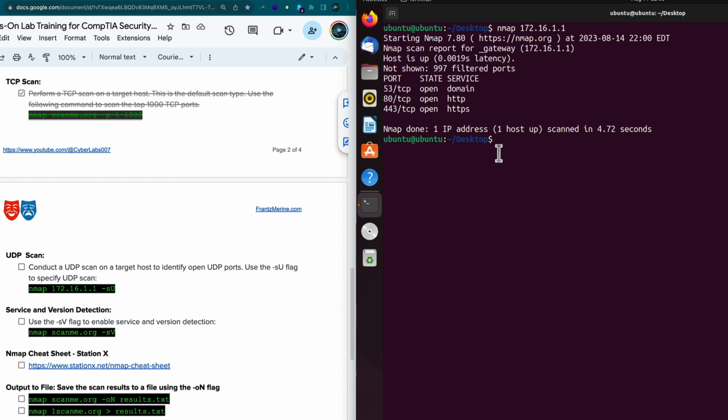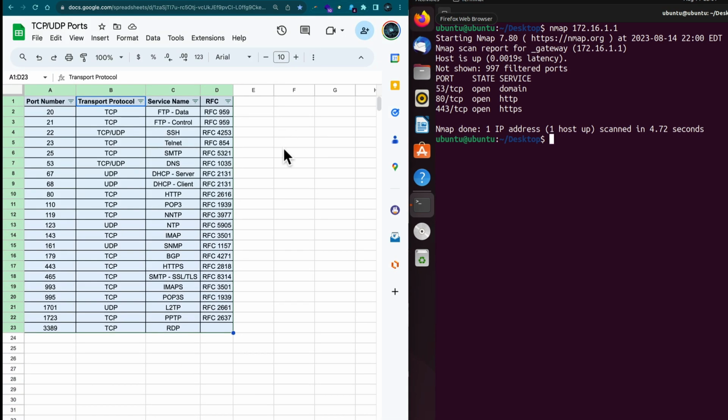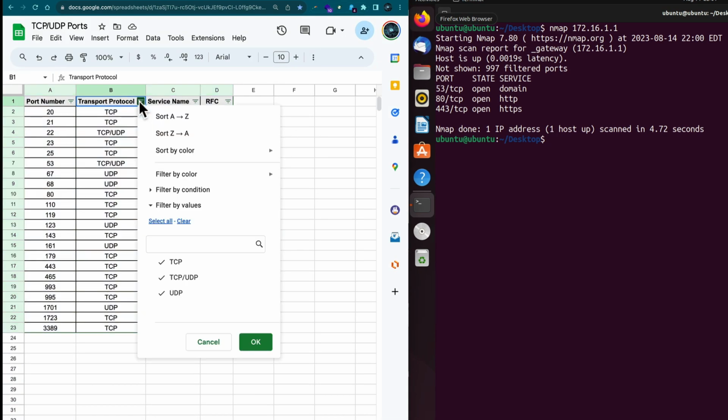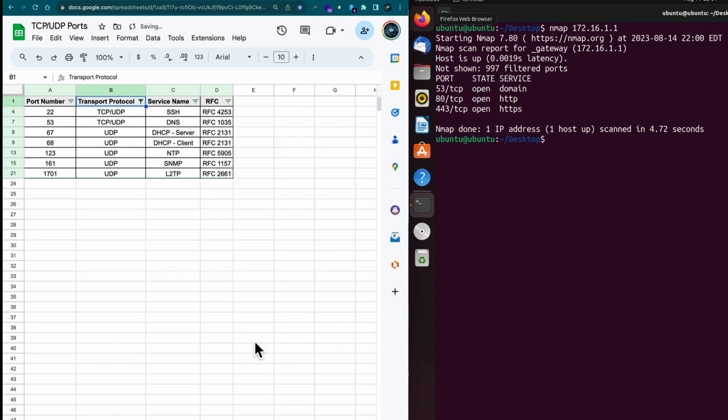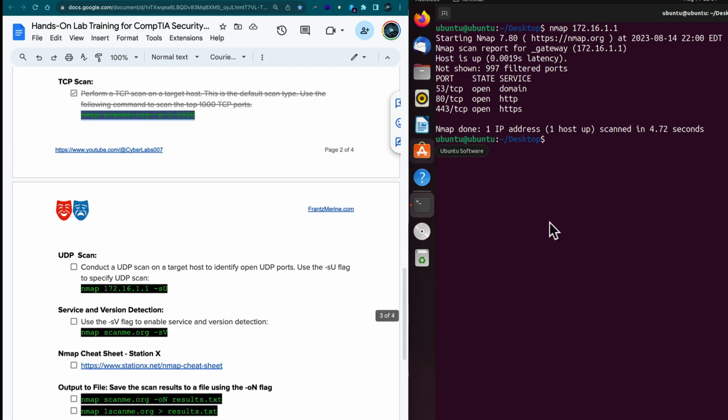What I want to show you here is that there are other services, like UDP services, that are running on this router. We know this for a fact because we set this up in a previous video, and I'm going to filter some of the TCP and UDP ports. So I'm going to clear all of this. Let's do TCP and UDP and see what we have. And we know that DHCP is running on UDP port 67, and if it had a client, it's running on UDP port 68. So rather than by default just search TCP ports,